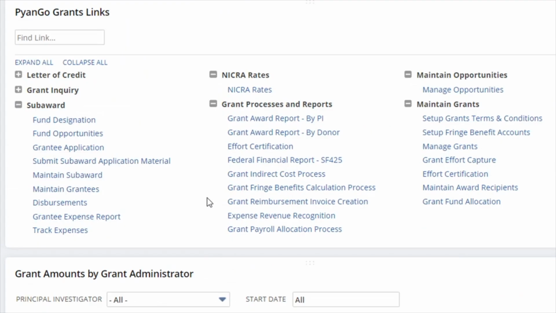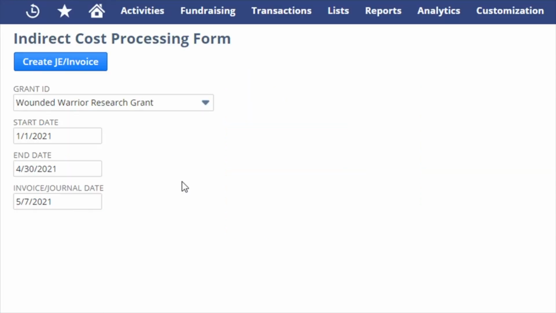To calculate indirect cost from the scheduled process, you can just access the indirect cost process link from our main grants page. Here you can specify the specific grant, the start and end dates, and the transaction posting date. PyanGo will then create invoices or journals based on all transactions that have been tagged with this grant for the